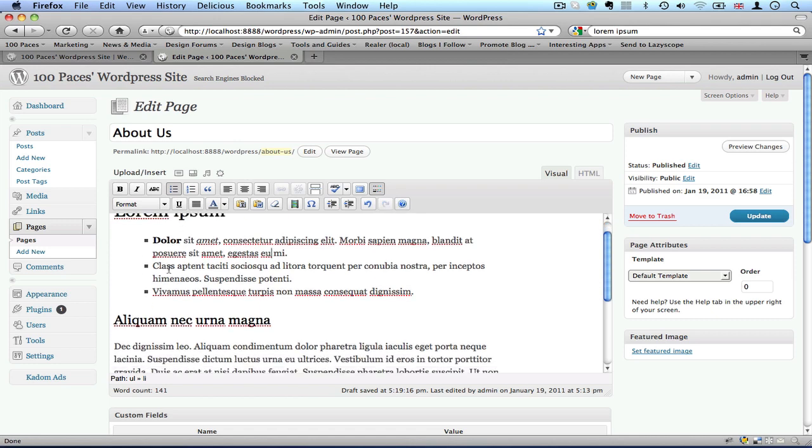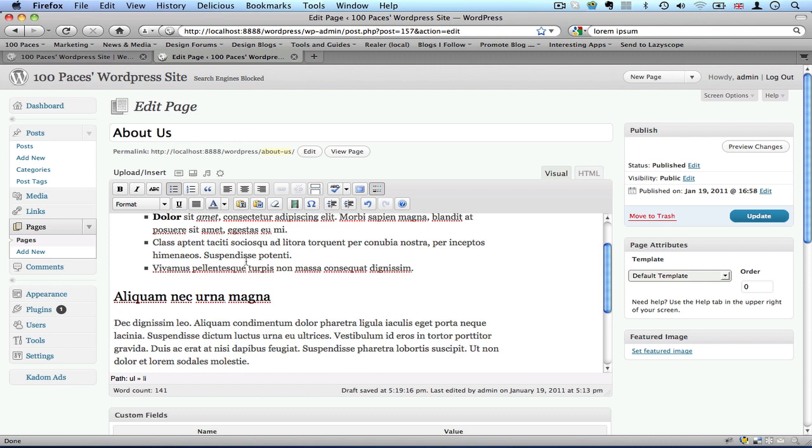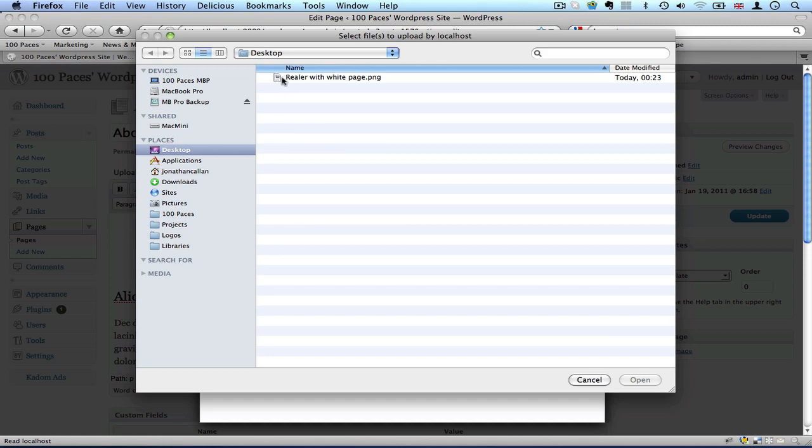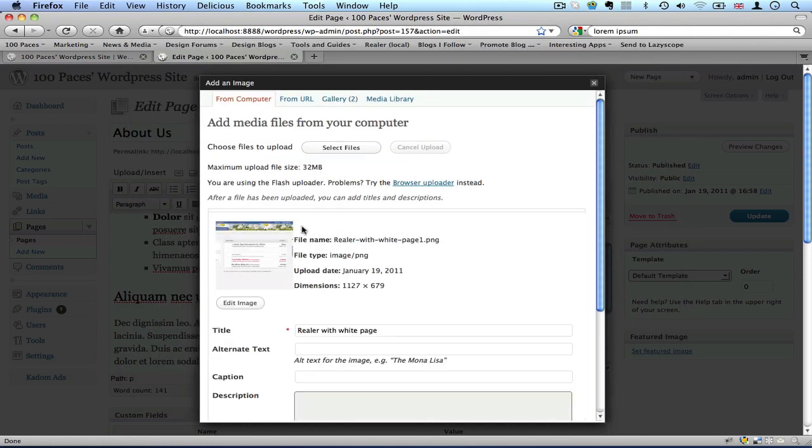So the next main thing that I just want to show you is inserting an image. When you want to insert an image, you place the cursor at the position that you want the image to be. Usually at the start of a paragraph is a good idea. Click on this icon up here, and you can add media from your own computer, or if you've already uploaded images, or if I've supplied them to you already, they'll be available in the media library. So for now, I'll just click on select files. I'll use this file here, and once it's uploaded it,